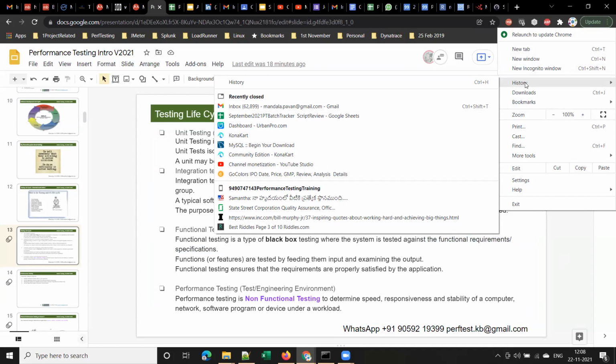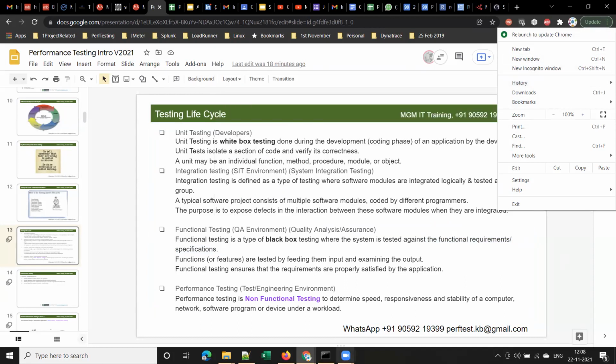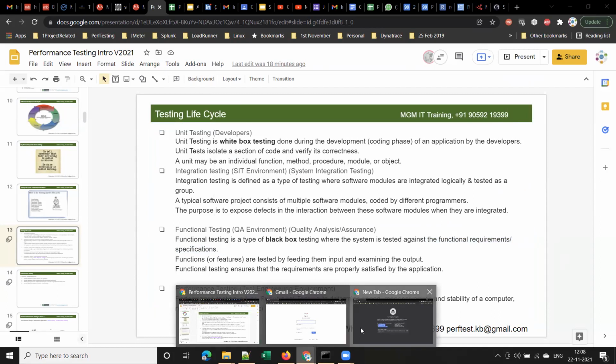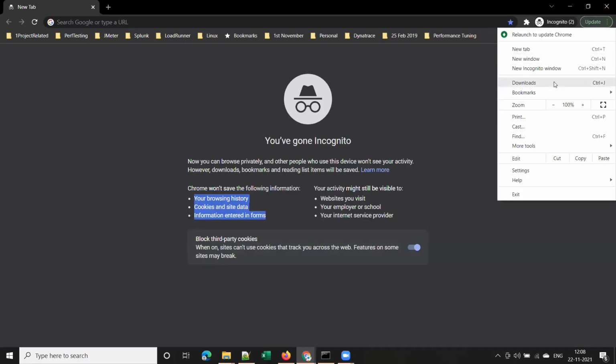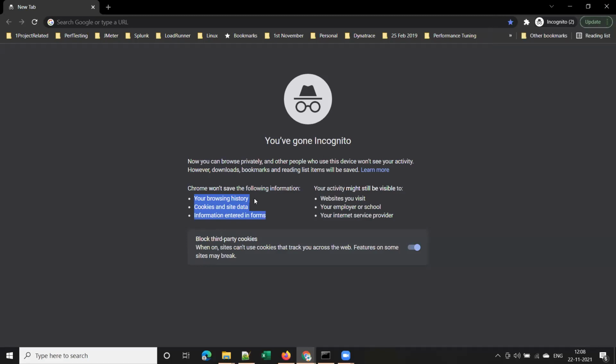Now let me go to the incognito browser. You will not have any history option here, because a private browser won't save your browsing history.